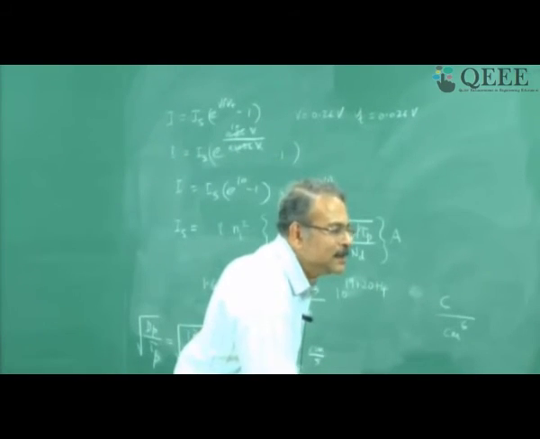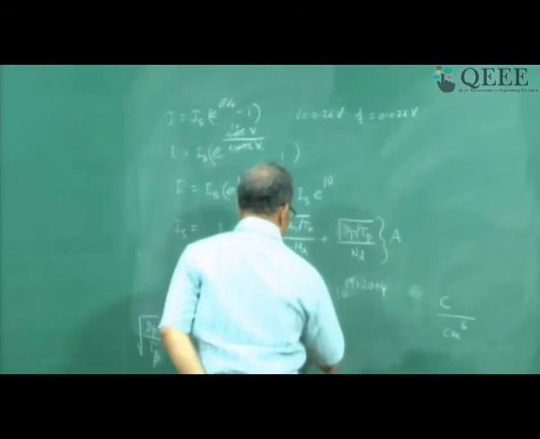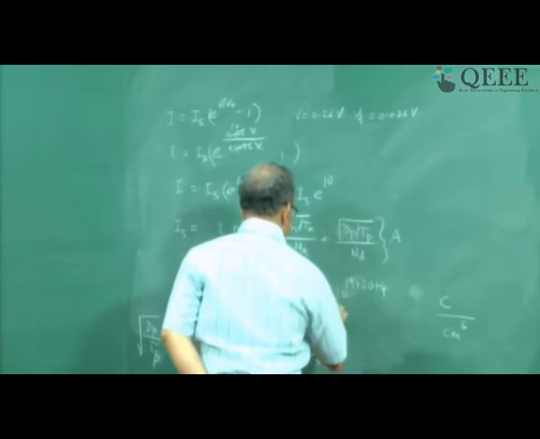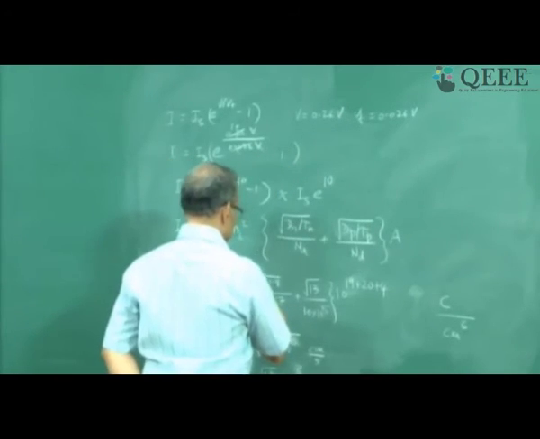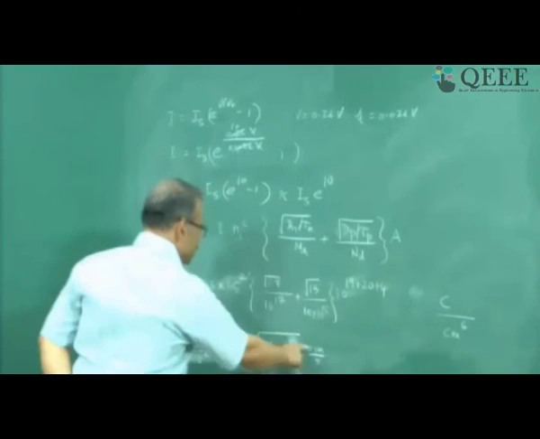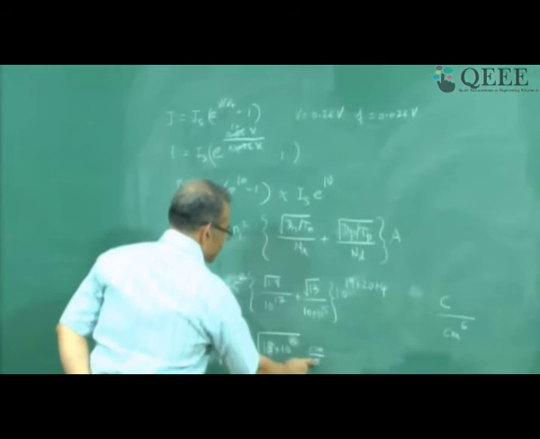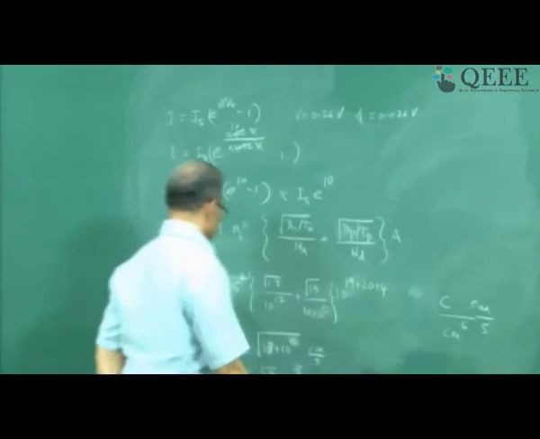Nd is 10 power 15. So here into 10 power 15. Now when I put 10 power, now I have to put units corresponding to this. I have forgotten to put units, that's not correct. So unit of this is centimeter per second. So I put here centimeter per second.